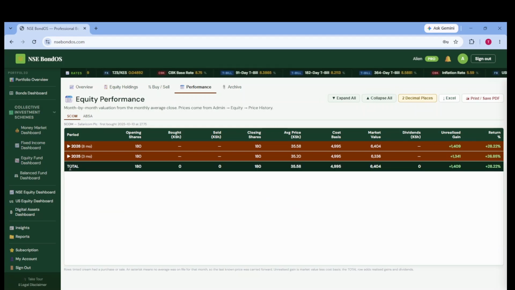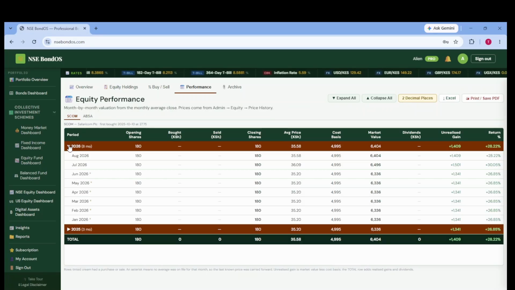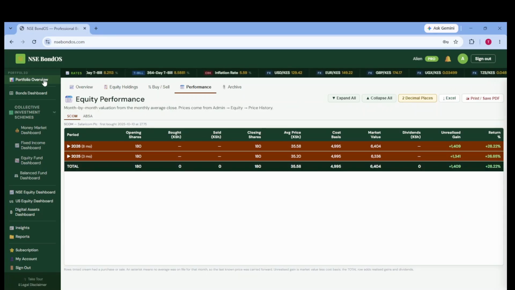For the Kenya data, we only have historical data only for 2 months. It's been difficult getting historical data, but we have started creating our own. So I would say the most accurate will be only for the last 2 months. And then if we go to our overview page,